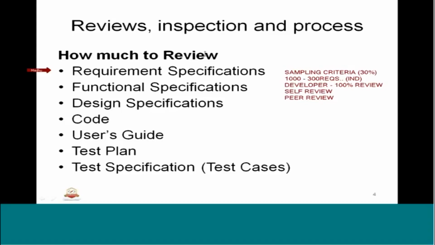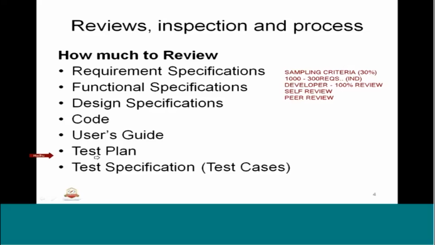Peer review means person A's products will be reviewed by person B and person B's products will be reviewed by person A. So both of them are peers. To have independence, they need to cross check each other's outputs or byproducts. So all of this, like design specification, code, and user guide, has to be reviewed